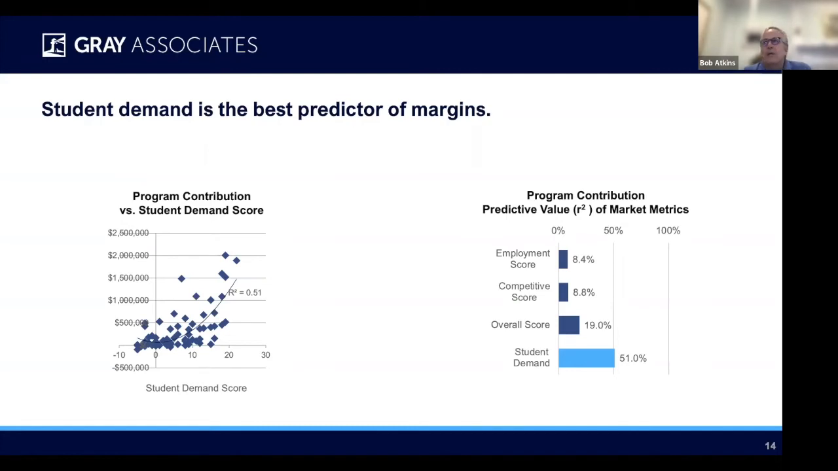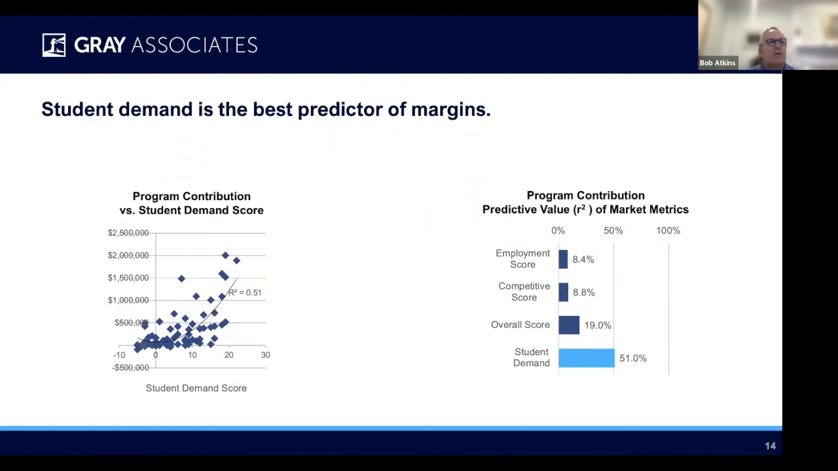So why do we care about student demand? Well, one of the reasons, not the only one, is that student demand is highly predictive of program size and profitability. So if you need to launch a program that is going to improve the margins of the institution, help you grow, help to satisfy your budgets without making headcount cuts, you have to look for programs where the student